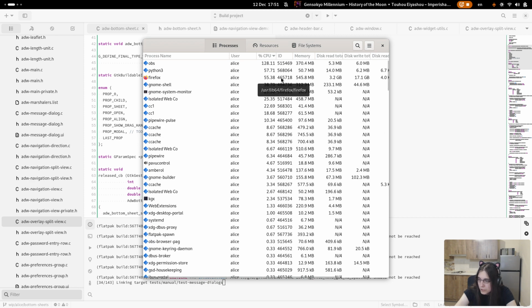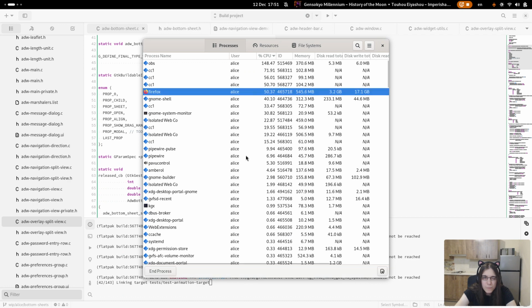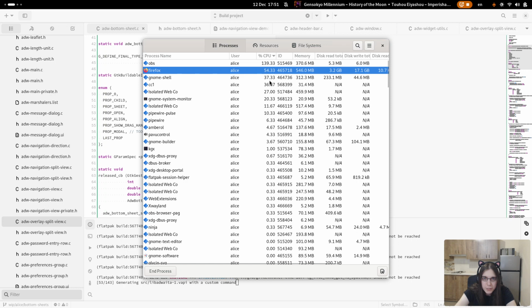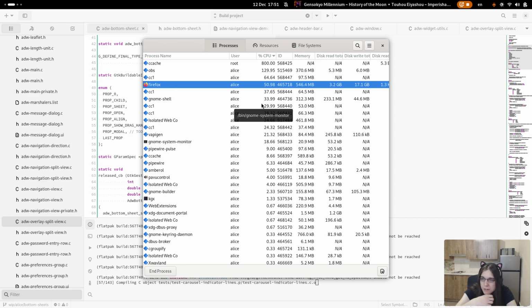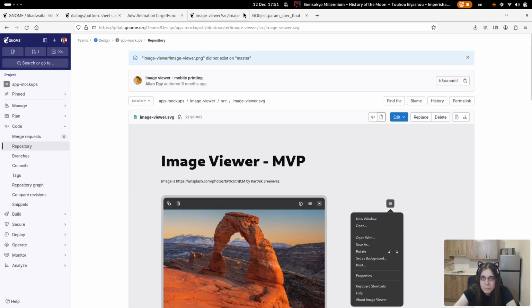I don't like how much memory and CPU Firefox consumes. Shell is obvious because it's drawing the screen and it's feeding things to OBS, but Firefox, well, maybe it's this tab.